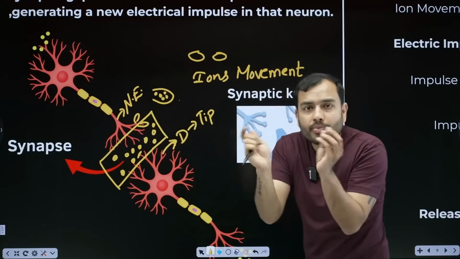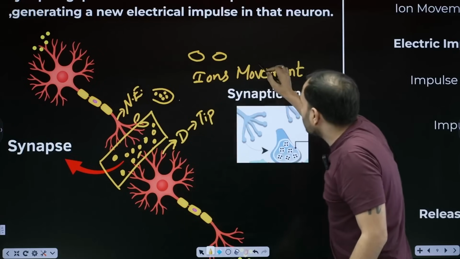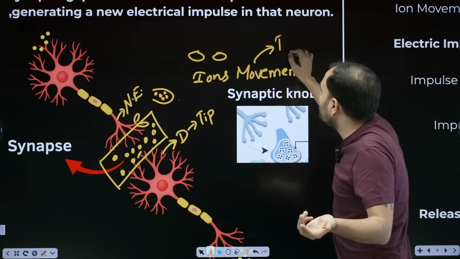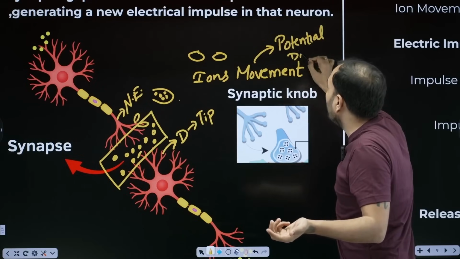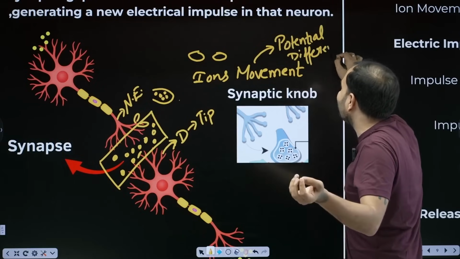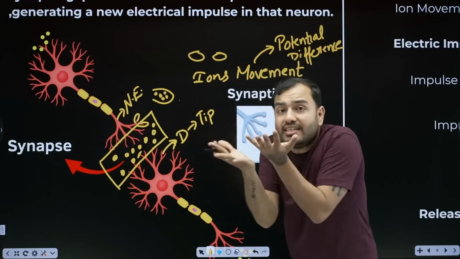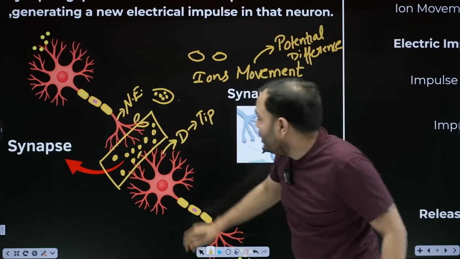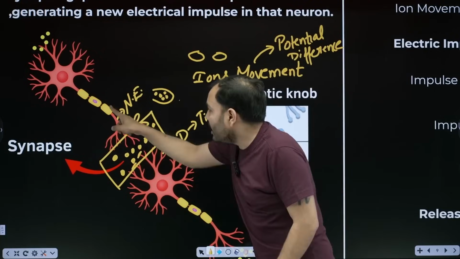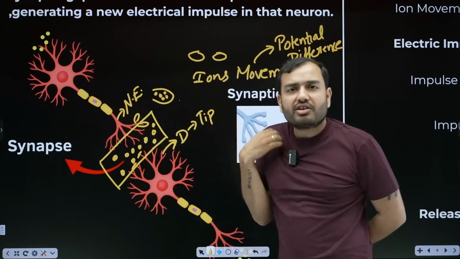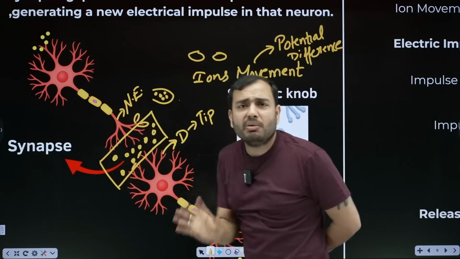So the ions move. Beta, if the ions move, then somewhere the ions are more, somewhere they are less. Then what did I get? Potential difference, the difference of voltage. And where there is potential difference, there is current. So from the movement of ions, what was formed? The electric impulse, on the tip of the dendrite. Listen again. They came here on the nerve ending, and the electric impulse has to go forward. There is a gap in the middle. The gap is called synapse. It is the microscopic gap.